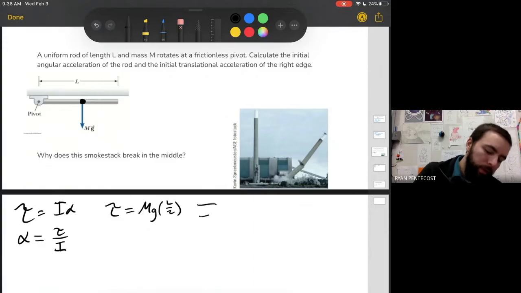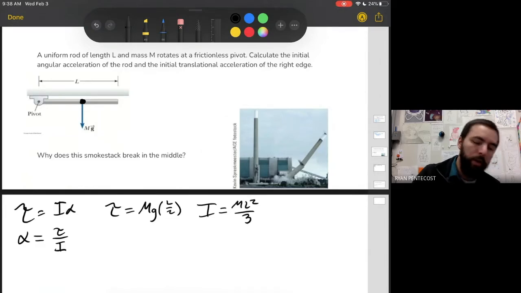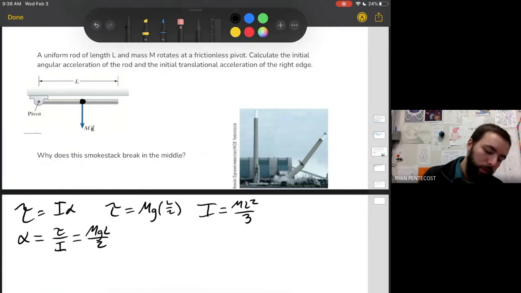Our moment of inertia, this is a rod being rotated about its end, so this would be ml squared divided by 3. So when we put this in, I'm going to multiply by a reciprocal here. So we'll do mgl divided by 2 for torque. Then I'm going to multiply by the reciprocal of the moment of inertia, 3 divided by ml squared. You can see already that the masses will cancel. One of the L's will cancel, and that will give us